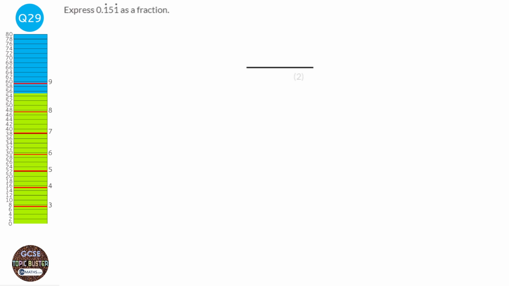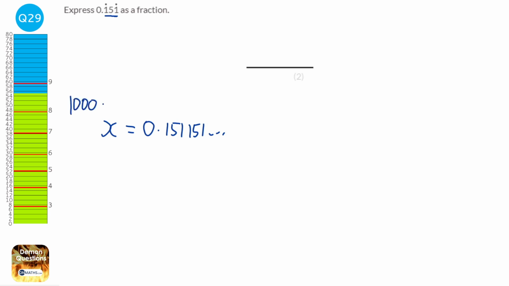We're going to first of all get x equal to 0.151151 blah blah blah, and what we need to do is we need to pull all of the recurring numbers in front of the decimal point, or at least one instance of them. So I need to times it by 1,000. So we're going to do that. Times it by 1,000, and we'll get